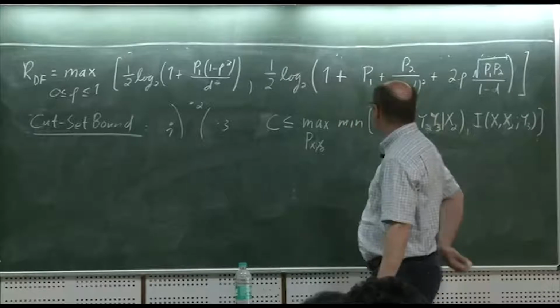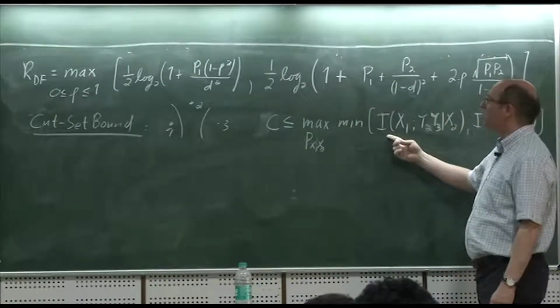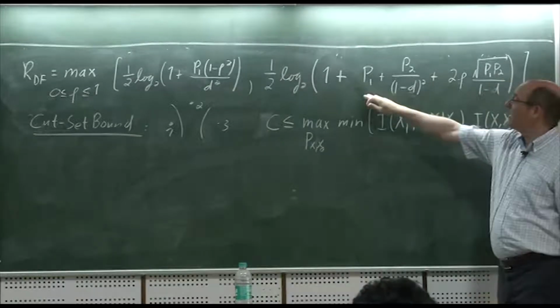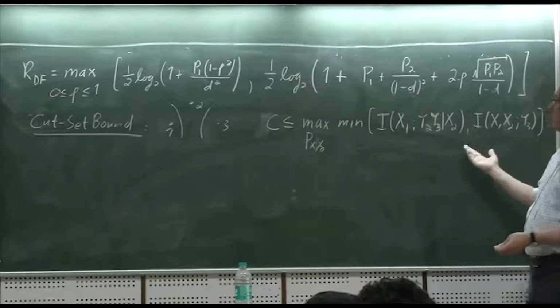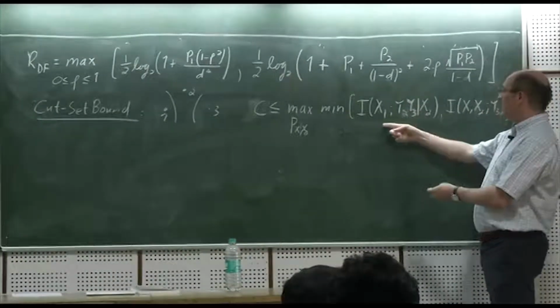Okay, so if we agree with that, the only thing that's left now is to try to see what the cutset bound looks like here. Clearly, this second term is the same. Well, by the way, the cutset bound for Gaussian channels will always be maximized by Gaussian distributions, because these expressions